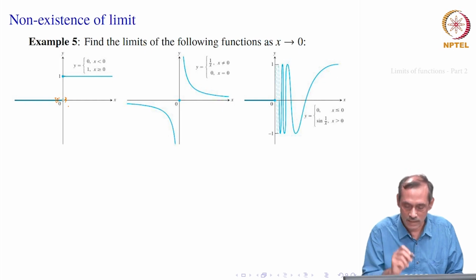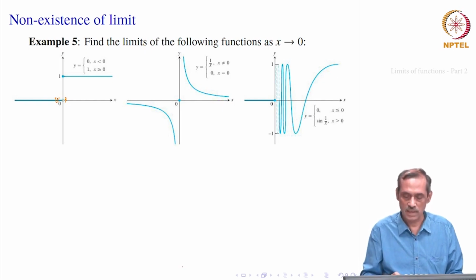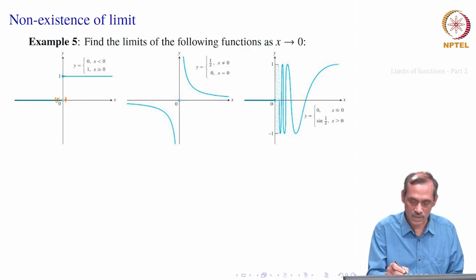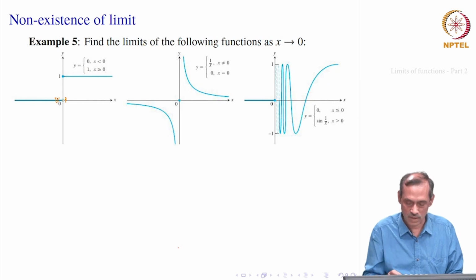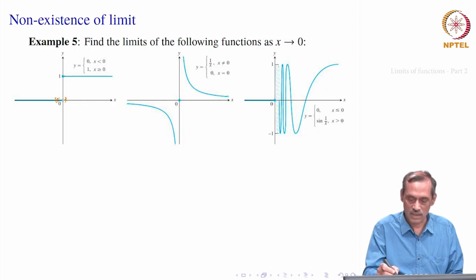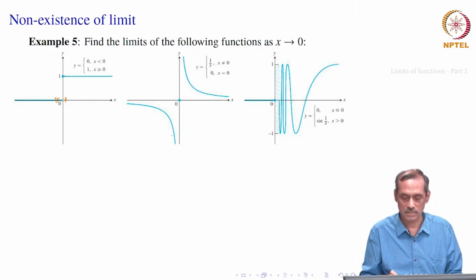Let us look at the second picture. There we have the function y equal to f of x, which is 0 at x equal to 0, and it is 1 divided by x when x is not equal to 0. So, at 0 it is 0, there is a blue small circle, so you can see that it is included. On the other side, it is 1 by x when x is positive, and when x is negative, it is also 1 by x, it comes this way.